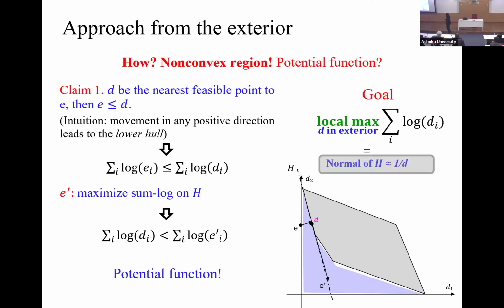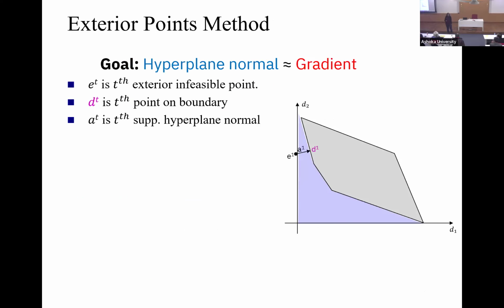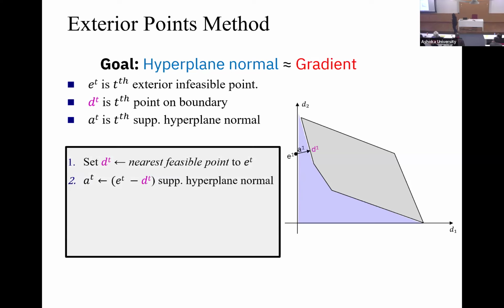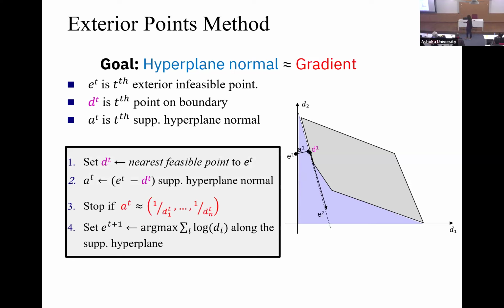Okay, so again, you are in another exterior region, and you can repeat the two steps. Project, maximize on the supporting hyperplane. Again, project, maximize on the supporting hyperplane. You stop when your normal is proportional to the gradient. Right? So you keep doing this, and that's our final algorithm. You keep doing this until you find a local optimum. Recall that the condition for the local optimum was that if A_T is the normal to the supporting hyperplane, then it should be proportional to the gradient. And that's all.